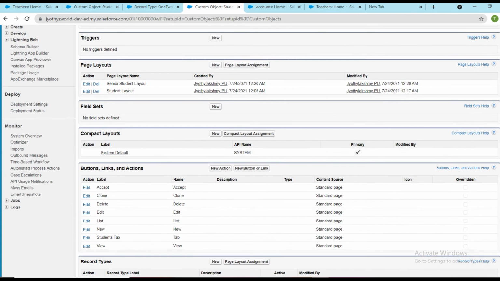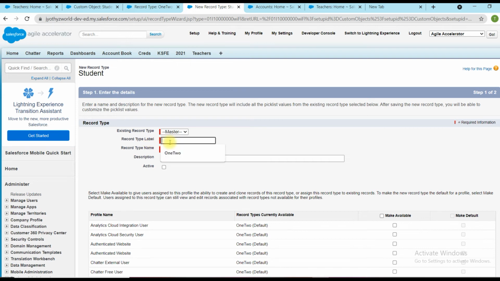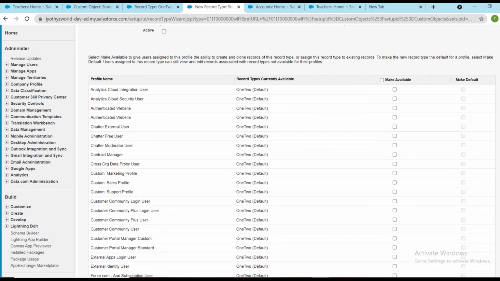Then I have to create a record type like 3 4. For 1 2 I have created a record type, and adding one more record type which is 3 4. Here for record types, currently 1 2 is available. We can restrict for particular profiles.